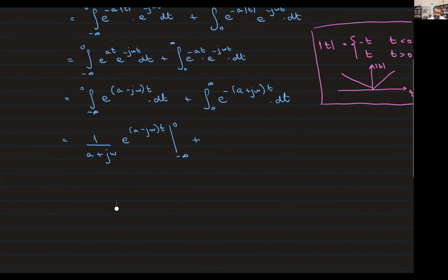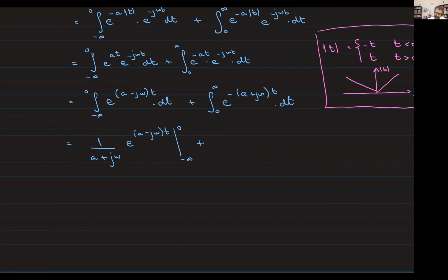So Abdullah also raised his hand, I think he must be pointing out my mistake. Right? So this is 1 upon, there is a mistake here too I think. No, this is minus j omega. This is 1 upon a plus j omega. This is e raised to power minus a plus j omega. And this is 0 to infinity. So I've just flipped the limits because I've incorporated the minus sign inside the limits. Okay, it's fairly simple, right?